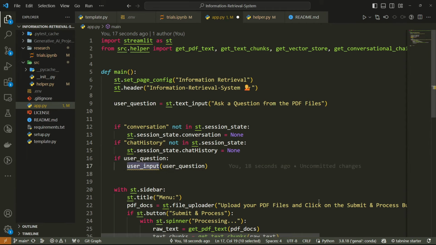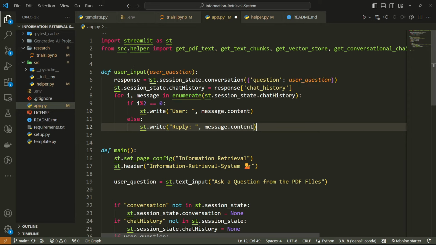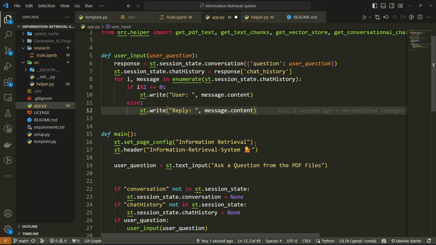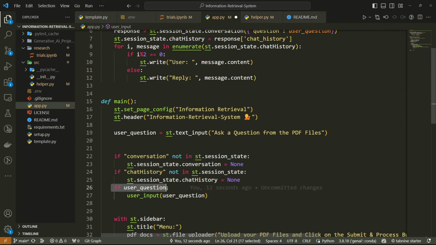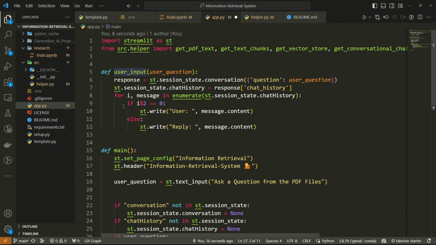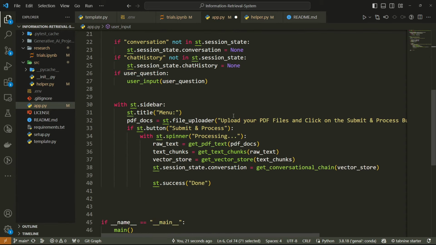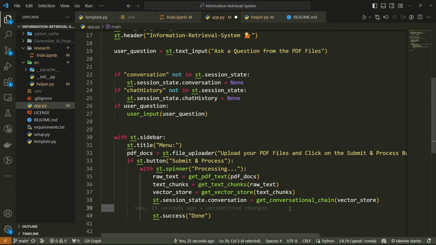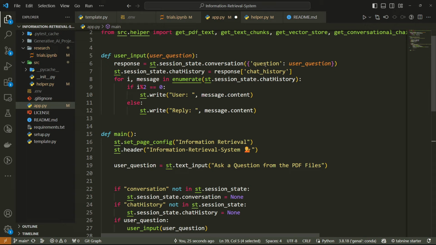Here I need to create another function called user_input. Let me show you. See, guys, this is the user_input function I have created. Basically, if user question, that means if the user asks any kind of question, it will execute this particular function. It will take the question, and it will first of all initialize your session state conversation. I think you remember this is the conversation session state. It will initialize the conversational chain, and it will ask the question. And the response your LLM gives you,